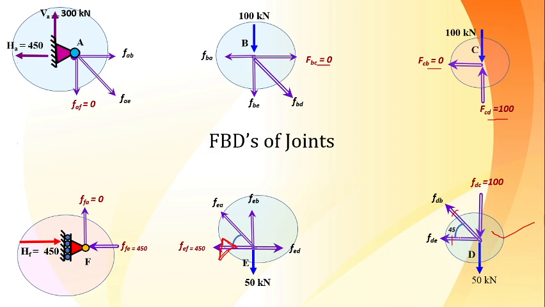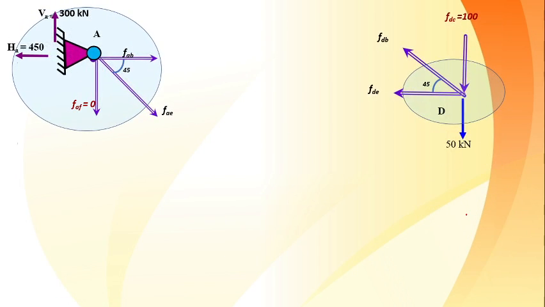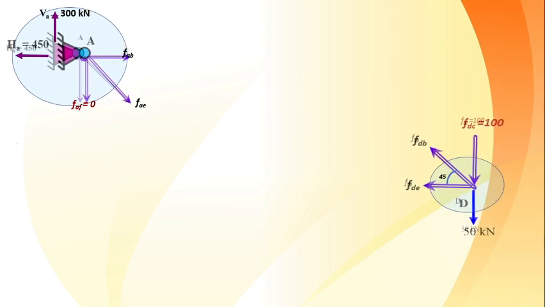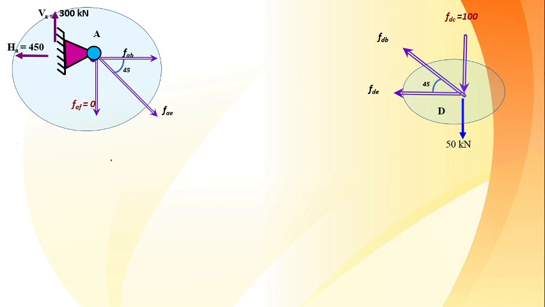So I can draw the free body diagram of the joint, and let us see that first. Here one more joint after D was this. Only two members are there. So I am right now available with joint A and joint D, which I can start with. I will draw the individual free body diagram. After drawing that, I have to show whatever is known, and then proceed with the analysis. Here we know what is to be done with the inclined forces. They are to be resolved. Here I have done the resolution for FAE.